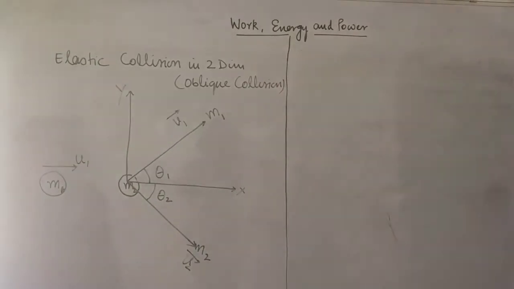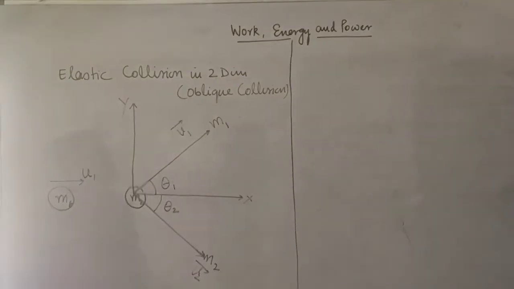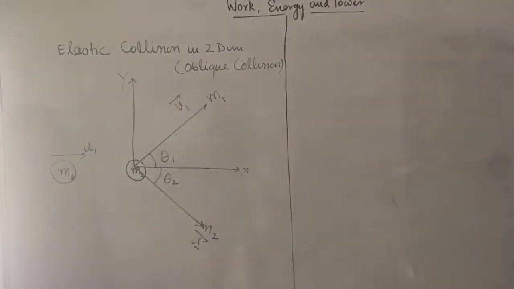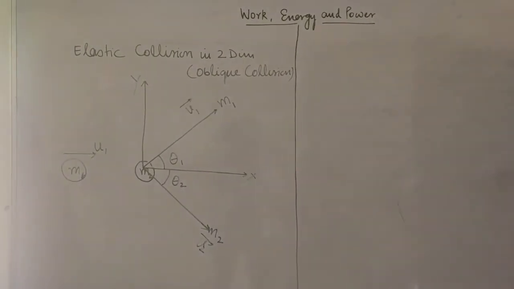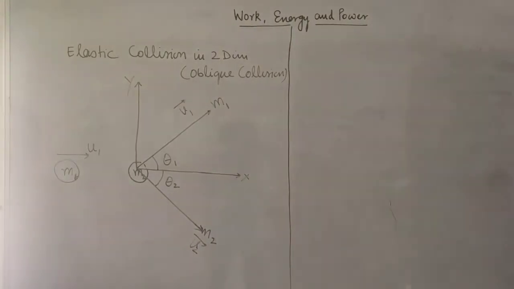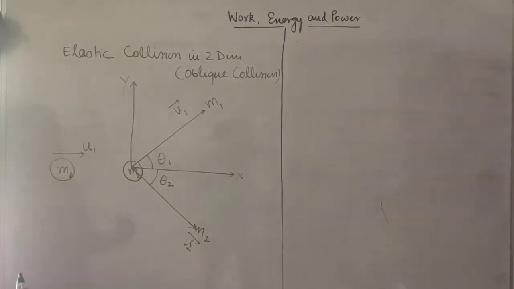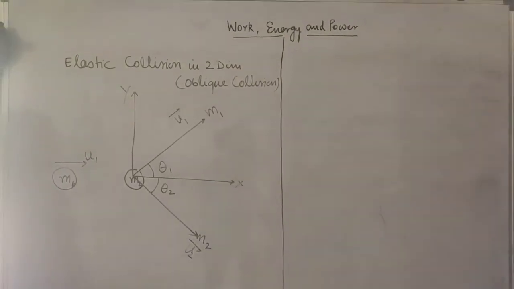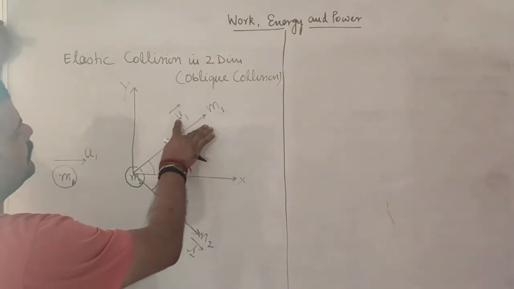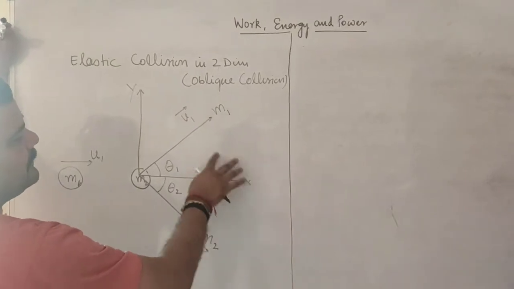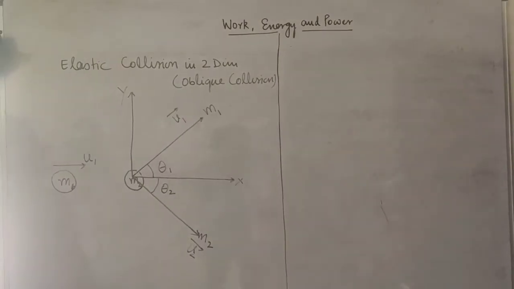So here what needs to be confirmed is that because this is elastic collision, it will follow two properties. That is, collision must have conservation of momentum and it also must have conservation of kinetic energy. Momentum is a vector quantity, so momentum means mass into velocity. I have to take the momentum of this particle in two components, along x-axis and along y-axis. Why? Because momentum is a vector quantity. I will not take